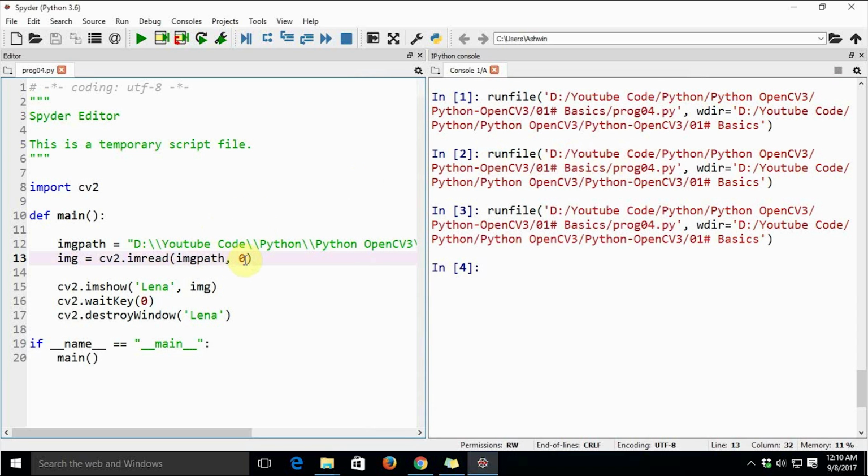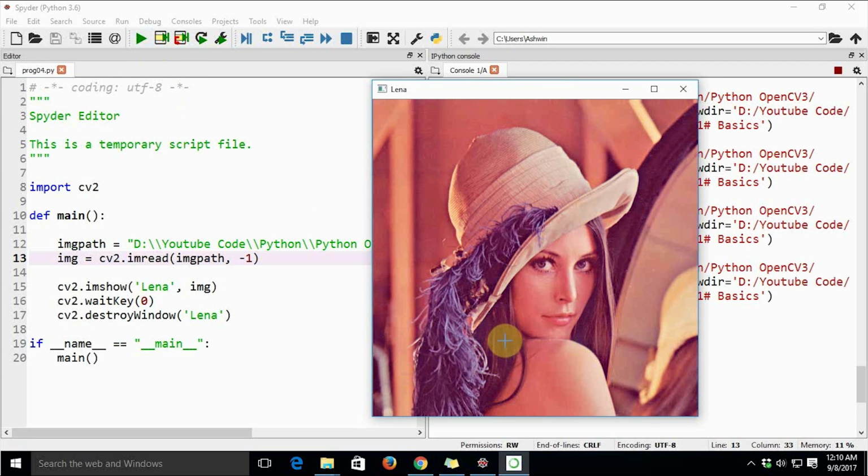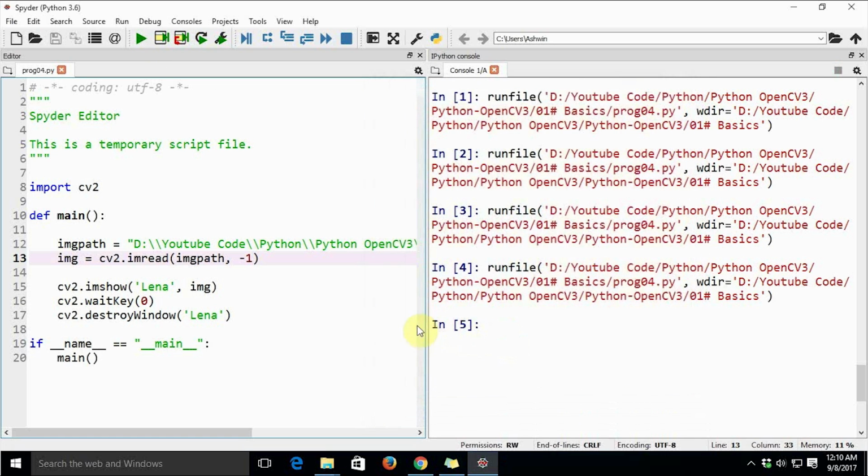And the third mode is -1. This means that it loads the image as it is, or it reads the image as it is, and it also saves the alpha transparency channel in the image. So let us run the code and see what the output could be. So the output is the same as the output for mode 1. So remember,